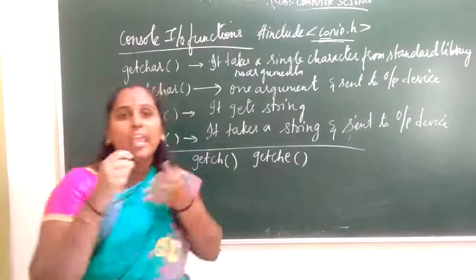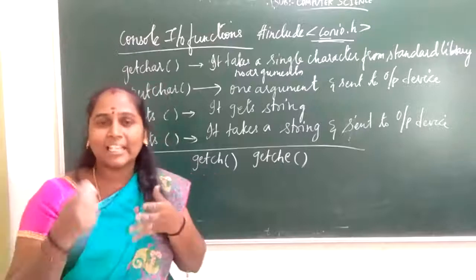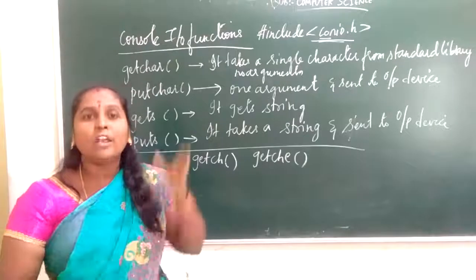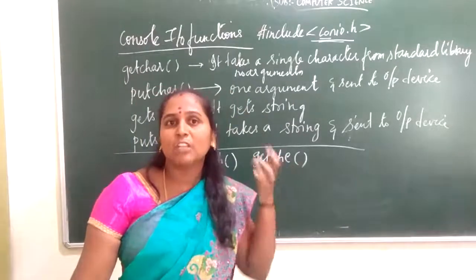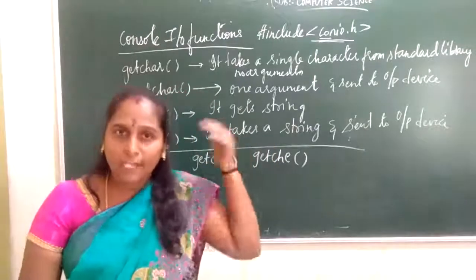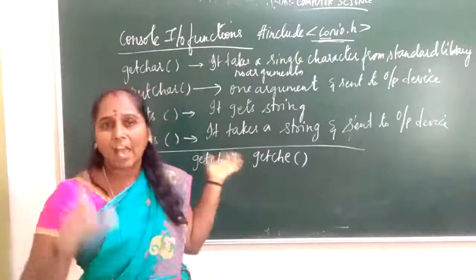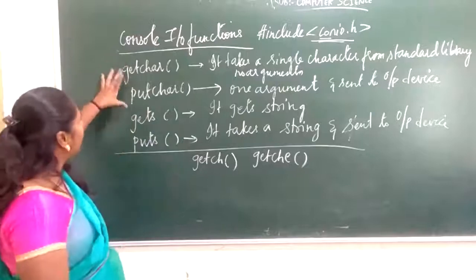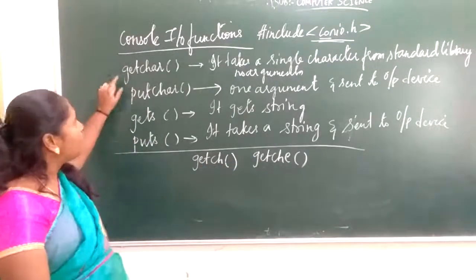.h, I have already told, every header file will end with .h. .h indicates it is a header file. Include is a preprocessor directive, a macro. It tells the compiler, the preprocessor tells the compiler, to first include the header files in your source program, that is the linker section will be included first, then the rest of the program section will be compiled. So what is there? Nearly six functions are there. One by one we'll see.